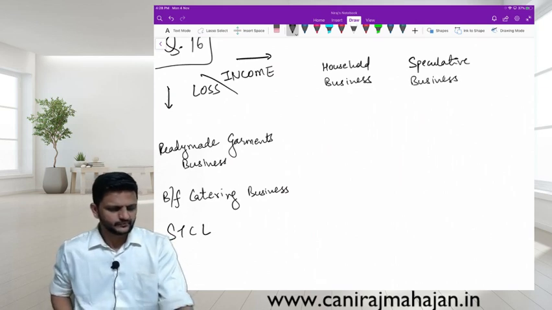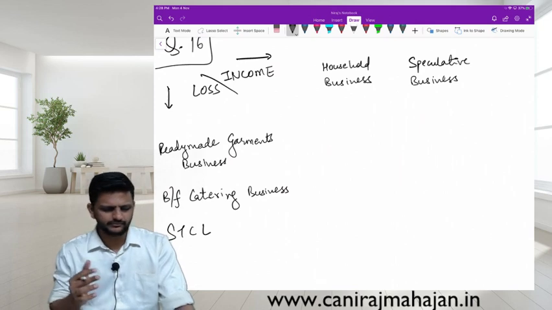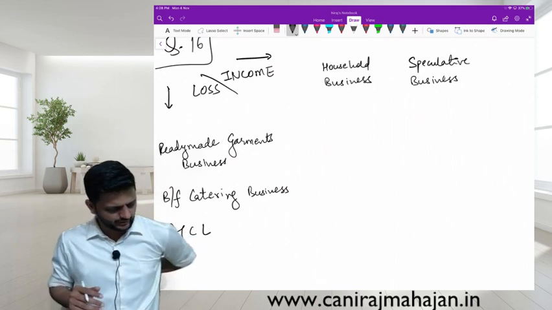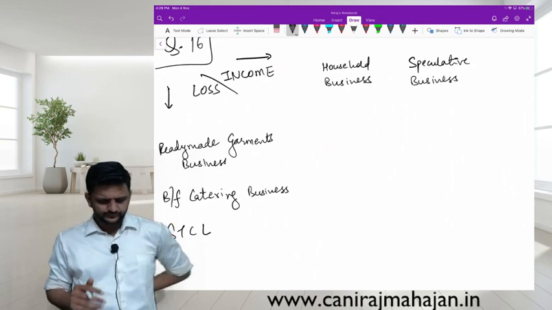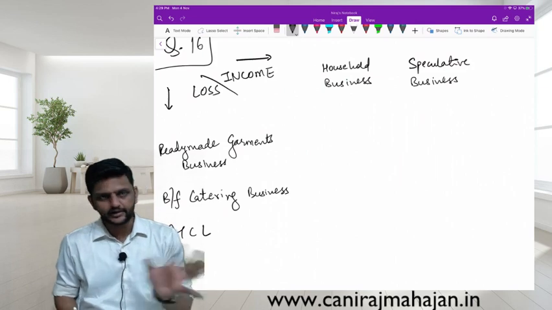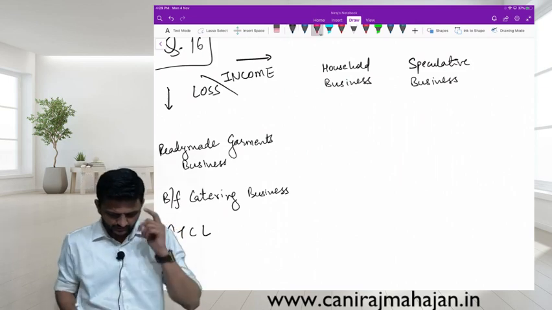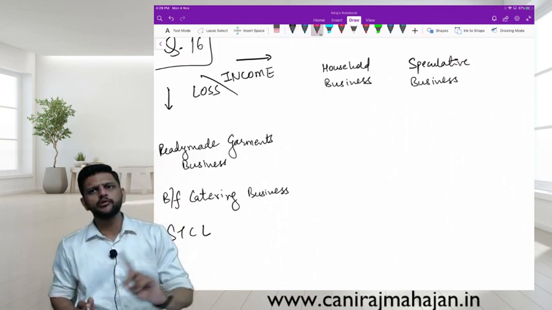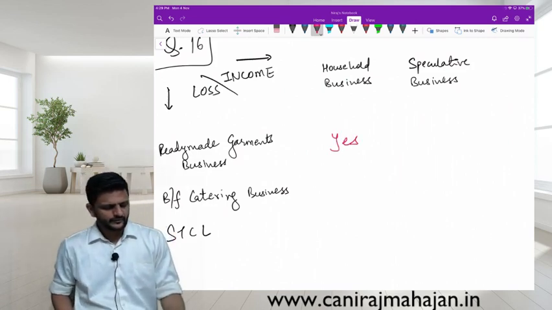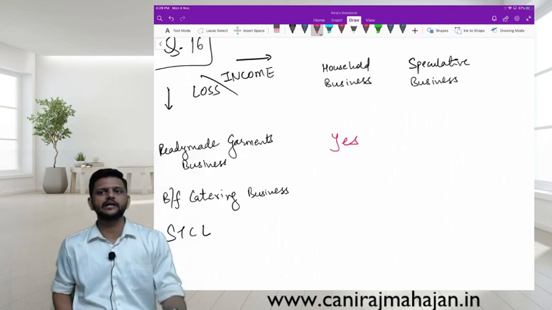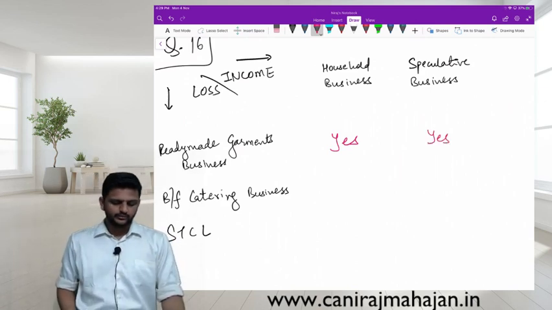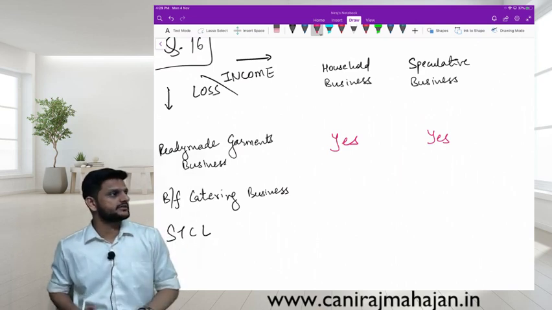Speculative business. And then we have brought forward speculative transaction loss. That will be written as notes because it is not going to help you here. Yes or no? It is gone, no? That will be written as notes. Chalo, yes, no, yes, no. Normal business loss, normal business income. Yes or no? Then normal business loss, speculative business income. Yes. Good. Brought forward catering business loss.